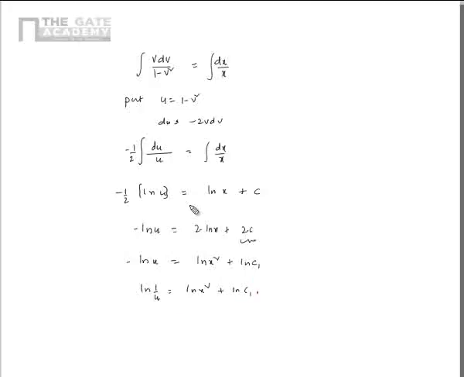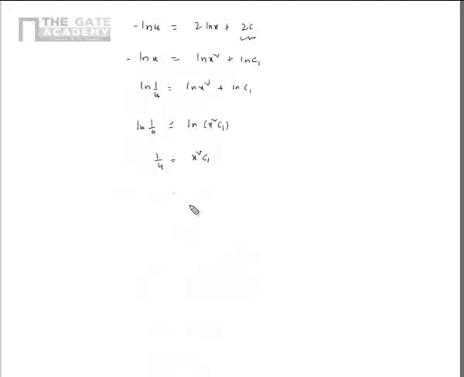Okay, and these two together I can write as ln h square c1 ln 1 by u. So just equating all the ln terms, I'll get 1 by u is equal to h square c1, h square into c1, some constant. Finally you can just replace it with another constant c2. Okay, so u, again now substituting it back, u is 1 minus v square, and v was